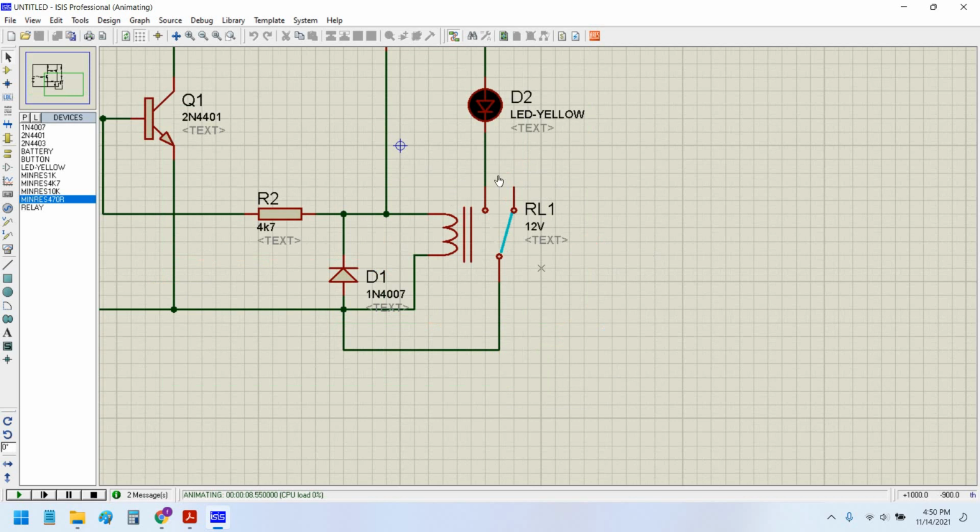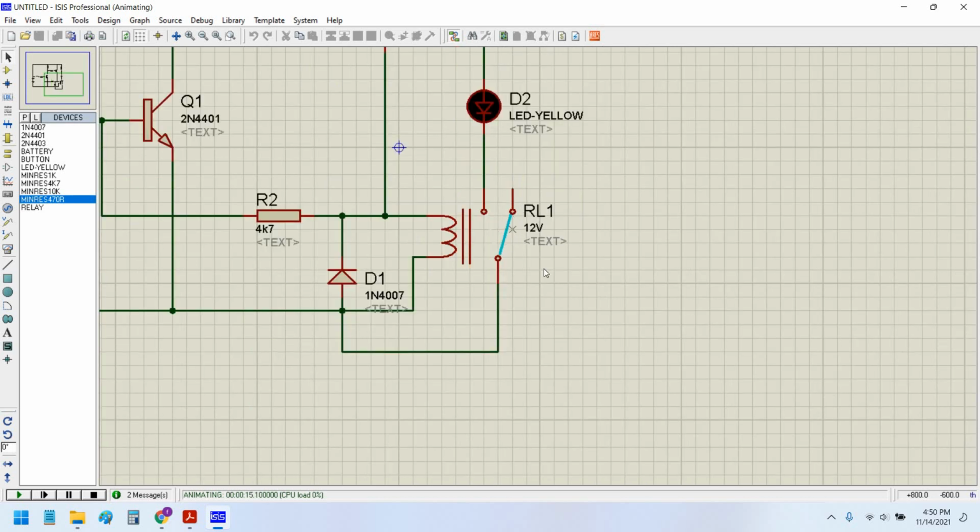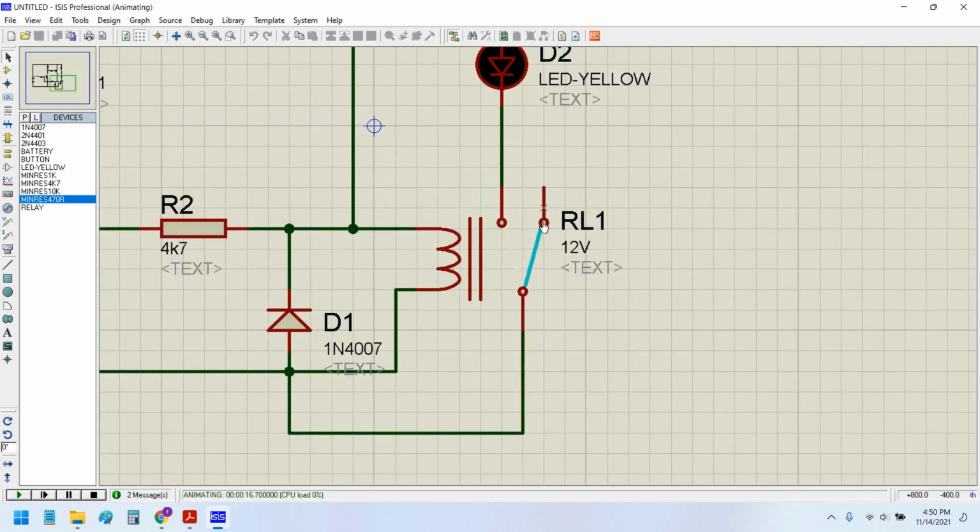normally closed. This side, right side, is the normally open side, and this left side is the normally closed side. Sorry, the normally closed side is here, right side. This is the normally closed side, and this is the normally open side, because the common of the relay is not connected with this terminal, so it is normally open, and the common of the relay is connected with this terminal, so it is known as normally closed contact.